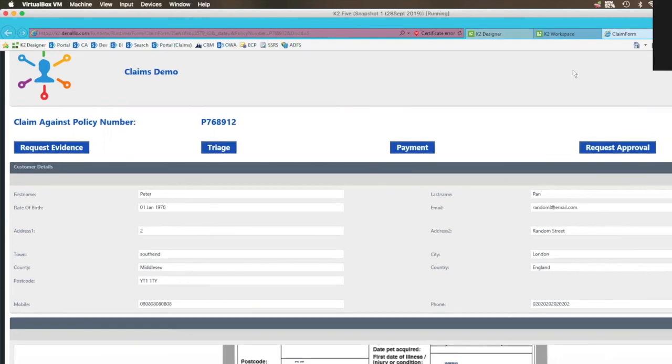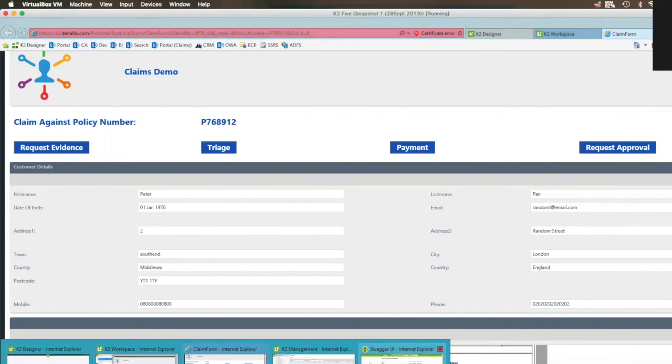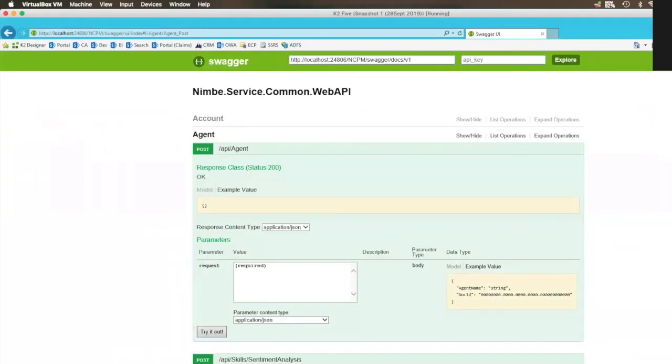How this integration is currently done is, we have got this REST service here. This REST service has got an agent controller, and in that agent controller we are passing the name of the agent. So we are saying the name of the agent is essentially what we want to do. We've got different agents to do different tasks. The agent we used here is the document classification agent.